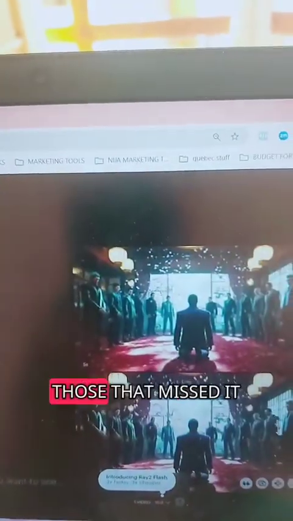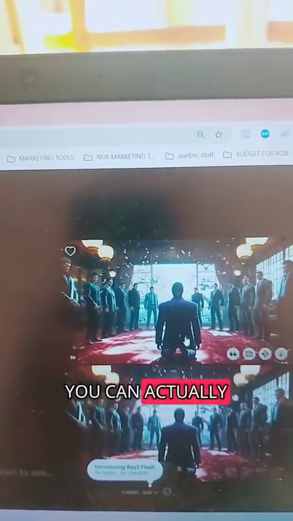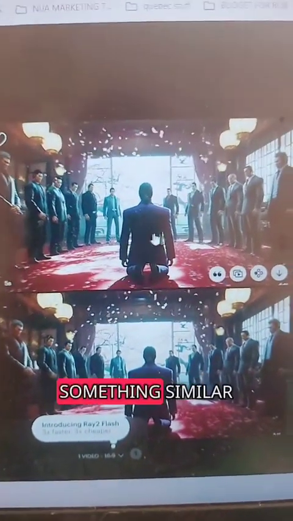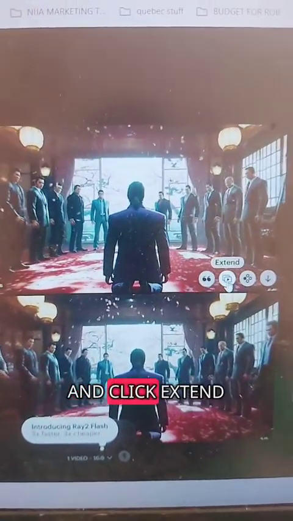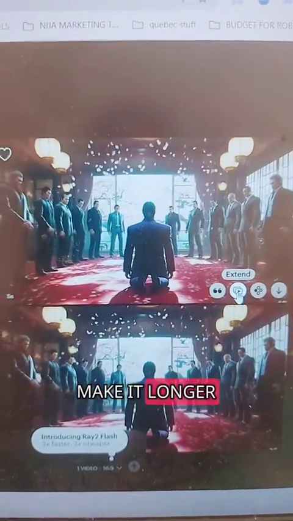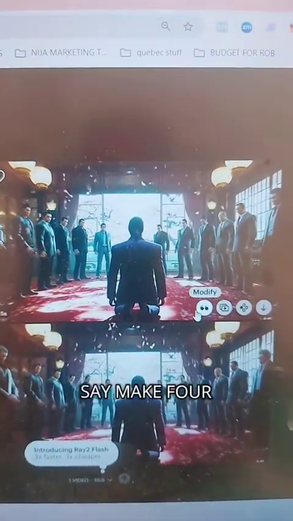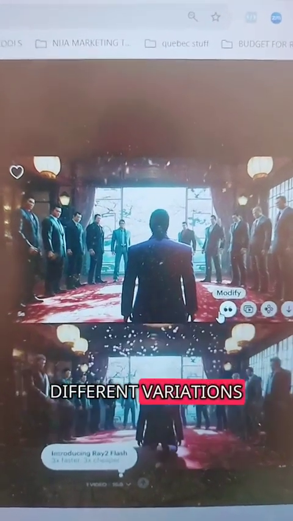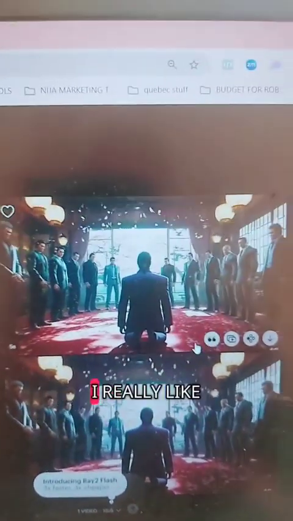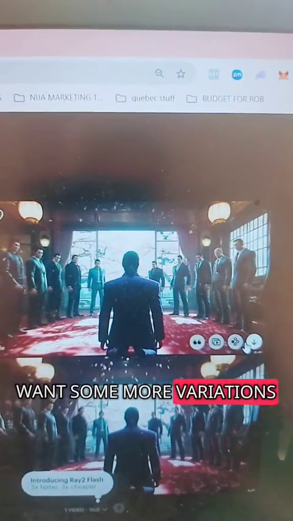And again, for those that missed it, if I didn't really like this scene but I wanted something similar, I could just go over here and click extend, and I can make it longer. Or I could say, make 4 different variations. Give me some more variations. I really like this, but I want some more variations.